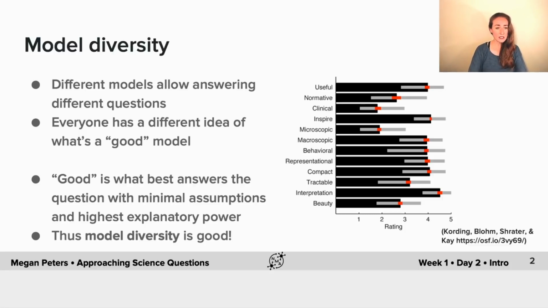So this is one of the last slides I showed you yesterday, and then you guys went into a discussion about what makes a good model and what your goals are and how they might be different from other people's. And what we saw is that there are really a lot of different goals and that they all go with different types of models. And there's a lot of agreement and disagreement about what makes a good model. And that basically every model has different strengths and weaknesses.